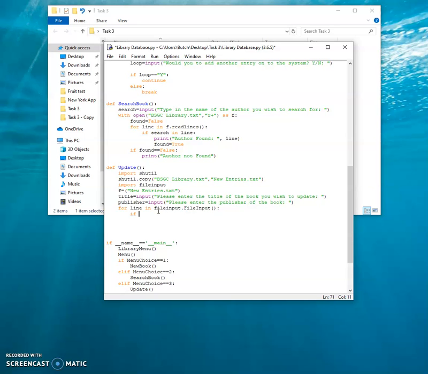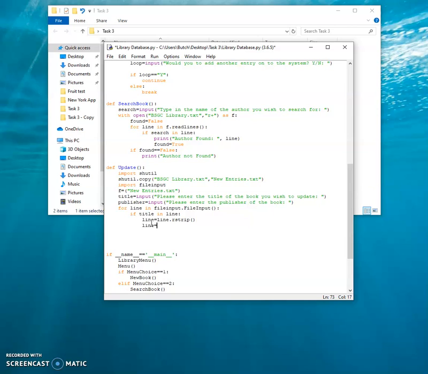So if this title, okay, is in line, okay, then I'm going to make a variable here for line. I want it to use a function called rstrip, which means to strip the line, to look for the information,